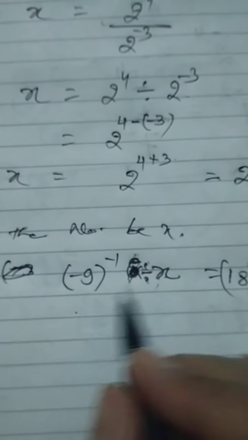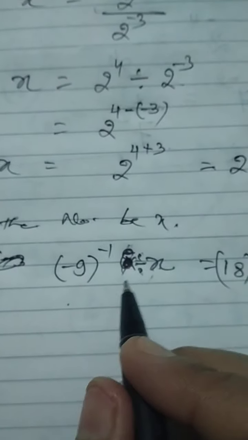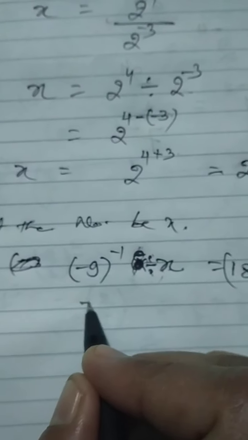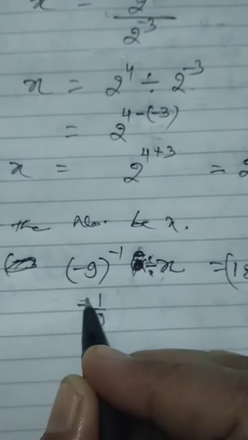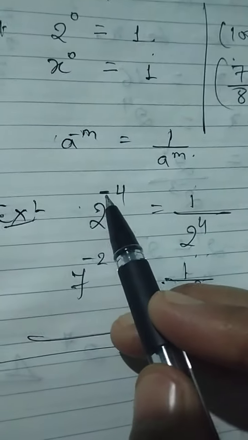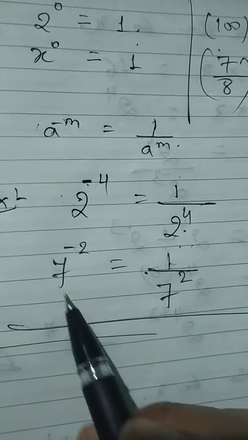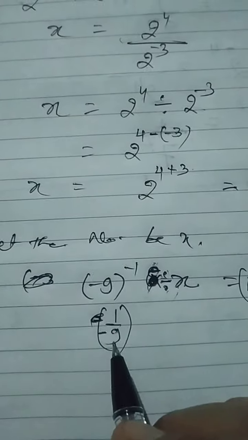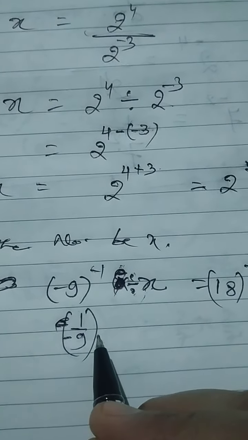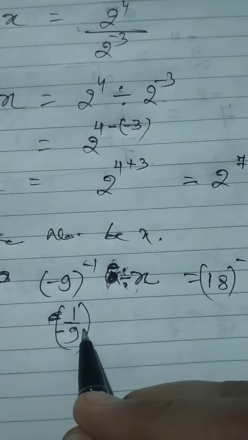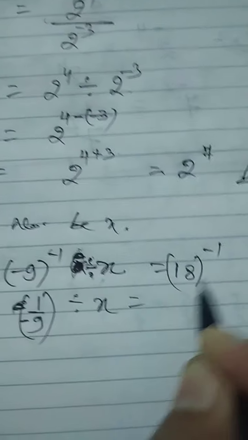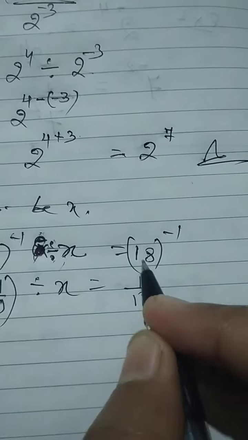Now we have to find out the value of x and this is in divide. So what we will do here, if you have a problem you can write it in this form: 1 by minus 1 by, or simply 1 by minus 9 in inverse form. If you want to write the inverse like this, minus 1, its inverse form is this. Okay. 1 by minus 9 we can write. Its inverse power is minus 1, so you can write the power in plus. So 1 by 9 to the power 1, which we can write simply as minus 1 by 9 in inverse form, divided by x. This one also you can write in positive form in this way.